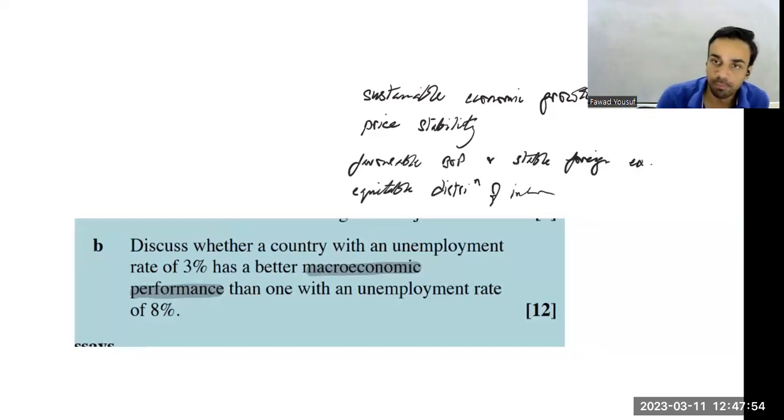These are some of your macroeconomic objectives as listed, and obviously having low unemployment is also one of those